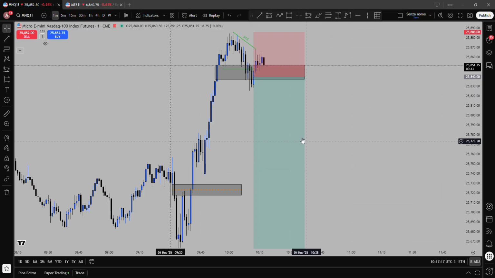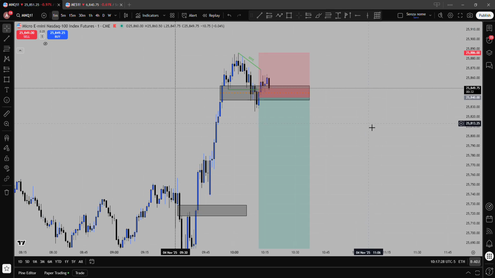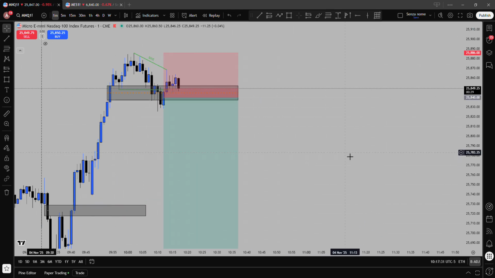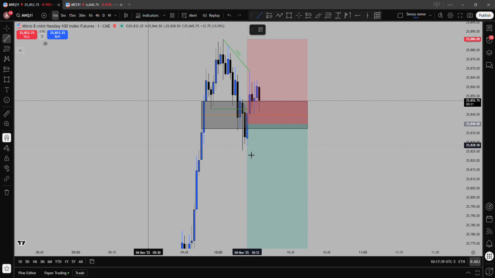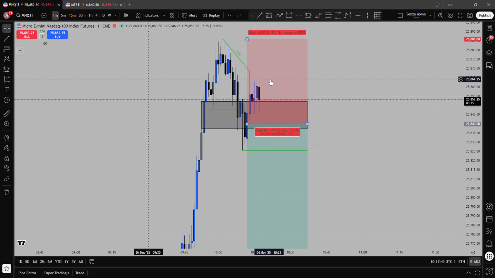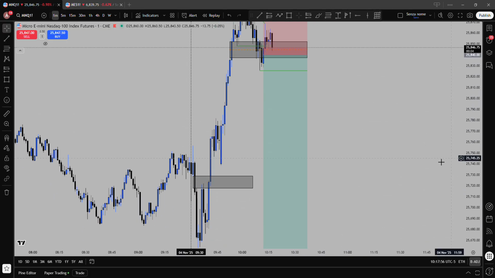My bias is anyway bullish, sorry, bearish, so I wouldn't try and take any longs for today. This is the same concept over and over. If we can end up closing below this level here, we can put our stop loss here basically. Actually I would put it here, and my first take profit